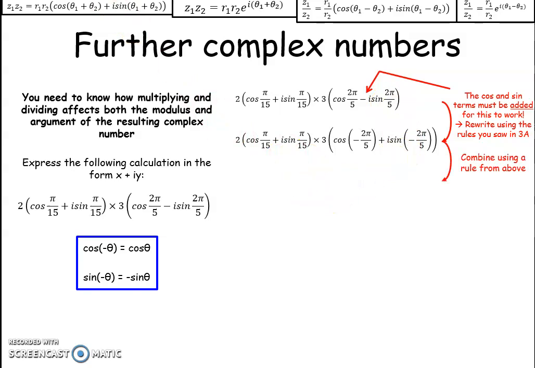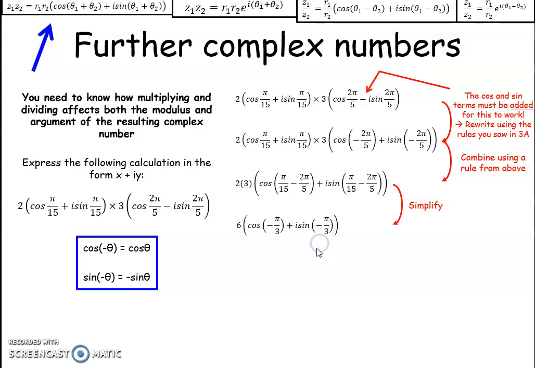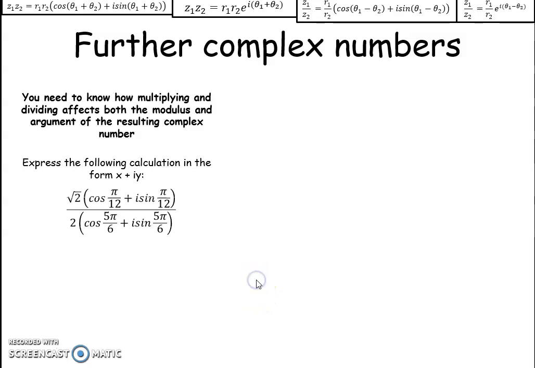Now we apply the formula, and we get 2 into 3 cos(pi by 15 minus 2 pi by 15) plus i sin(pi by 15 minus 2 pi by 15). So this becomes 6 into cos(minus pi by 6) plus i sin(minus pi by 6). When we simplify it, cos minus theta is cos theta and sin minus theta is minus sin theta. Cos 30 degrees is root 3 by 2, sin 30 is minus 1 by 2. So we got this answer. Now come to another one.